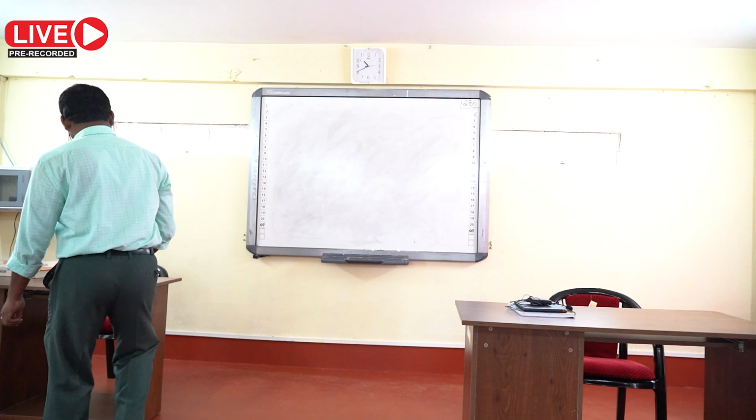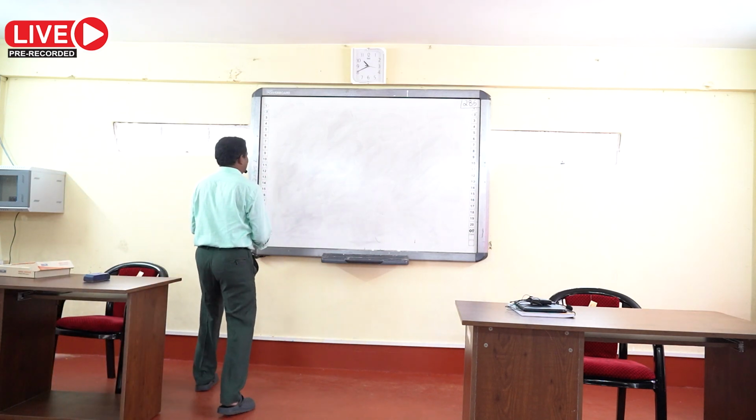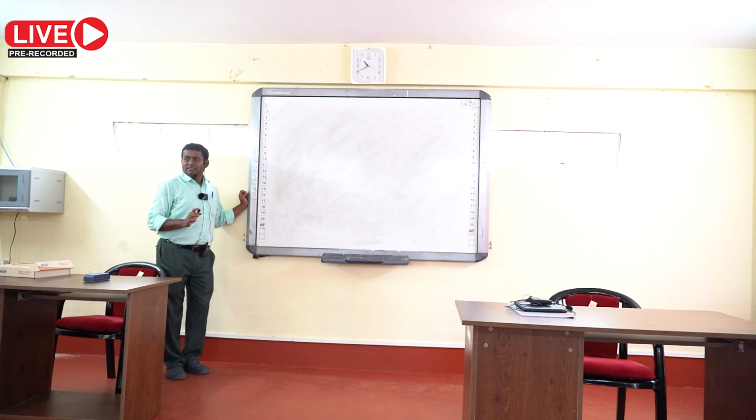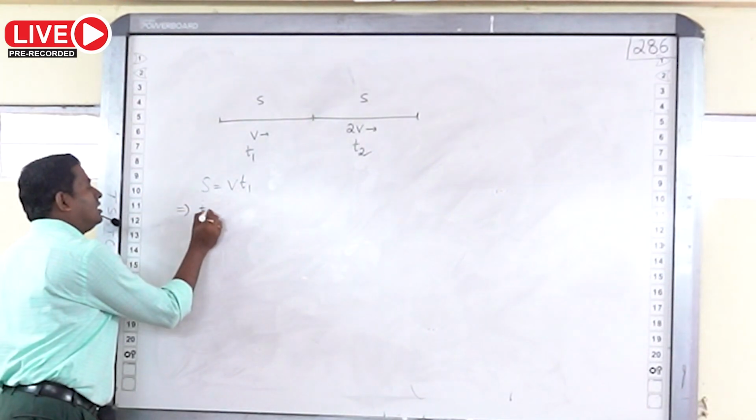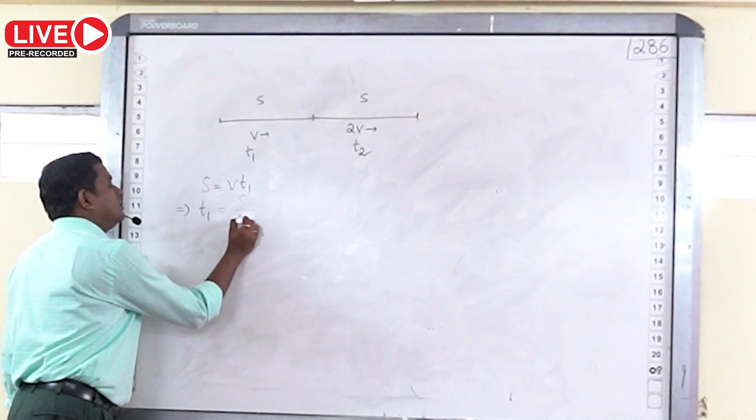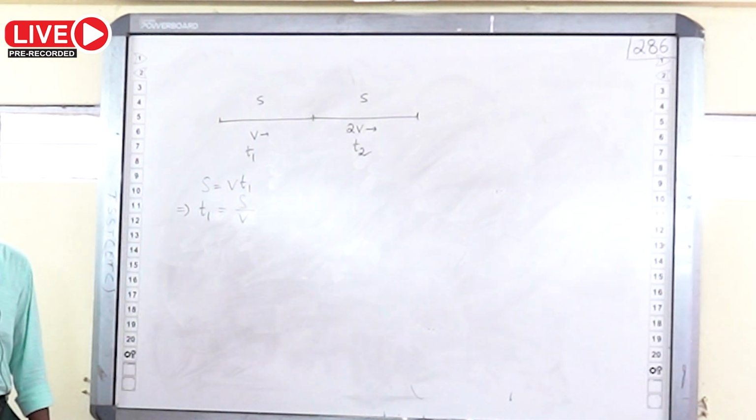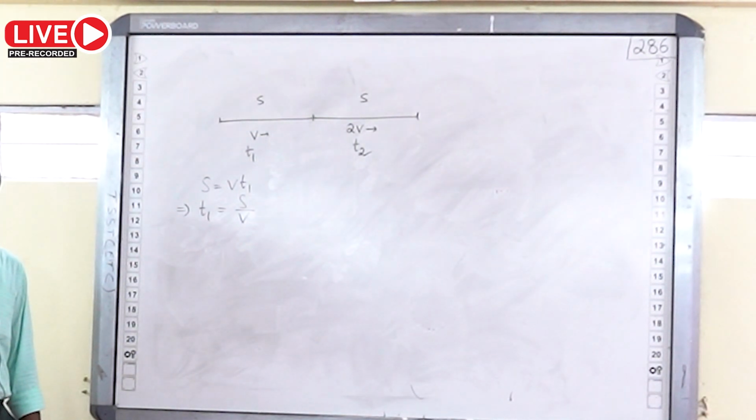How to solve this one? See. The room has how many faces? 6 faces. So let us consider the upper face is removed. Now there are 5 faces. So I will open up all these 5 faces. T1 will become S by V. Okay. Now,